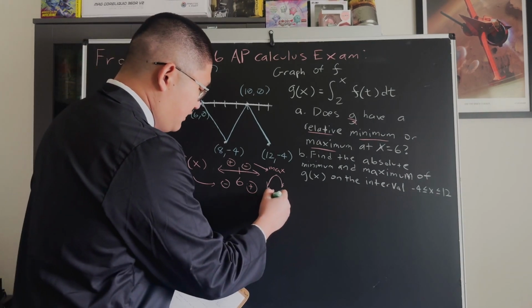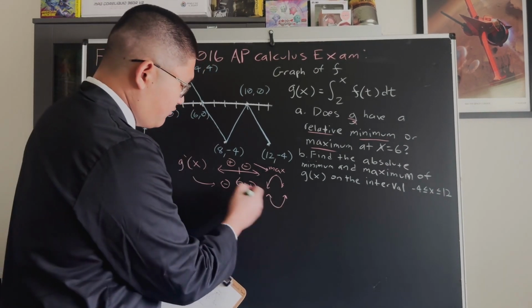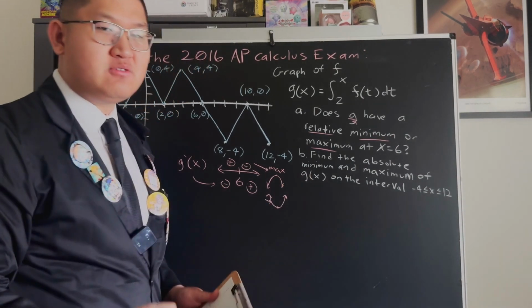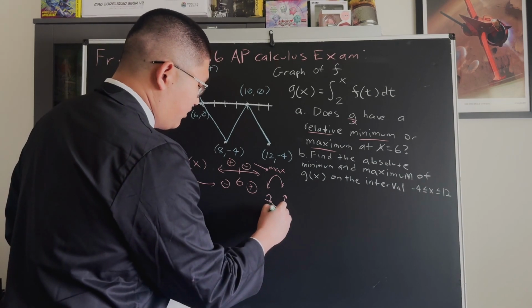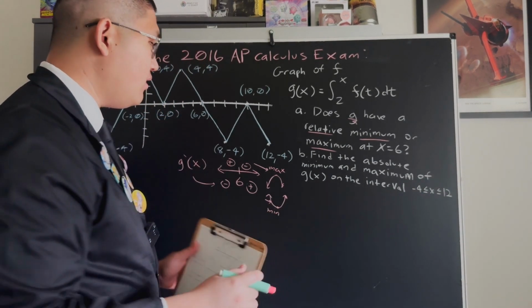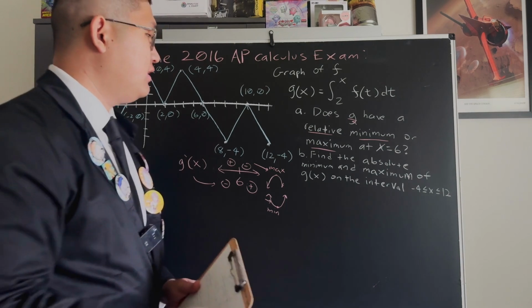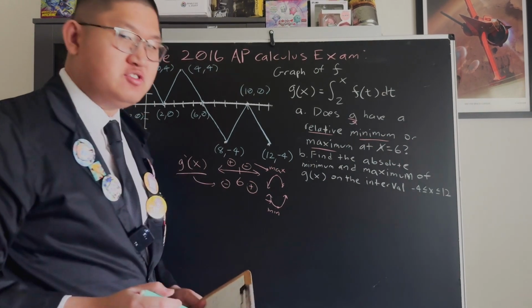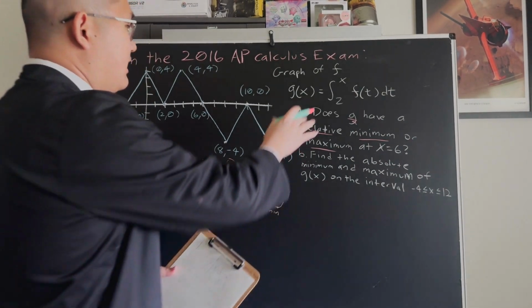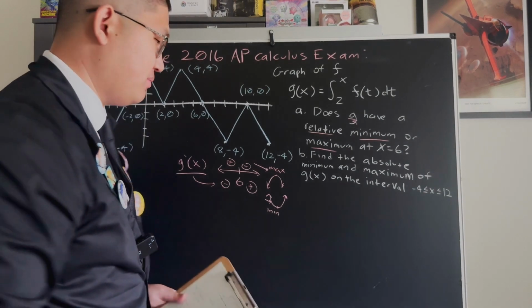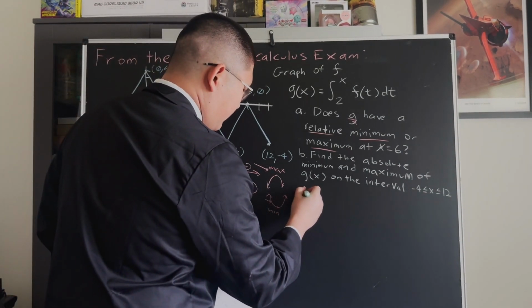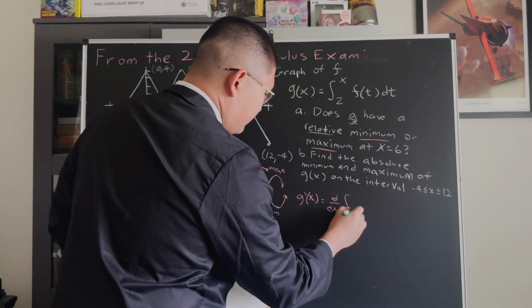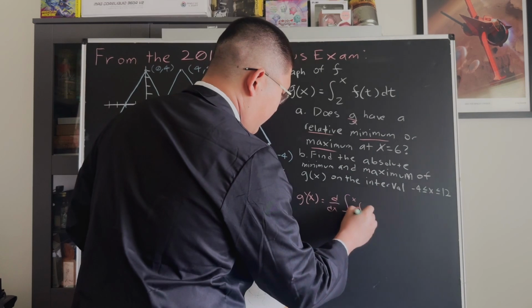In the inverse sense, if we are decreasing at the start, we hit the point we were inspecting, and then it starts increasing right afterwards, that is mathematically going to be a minimum. So with that all cleared up, what does the situation look like for this problem? Well, the first derivative of g is the derivative with respect to x of the entire integral ranging from 2 all the way to x of f of t